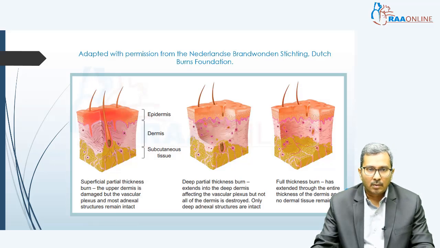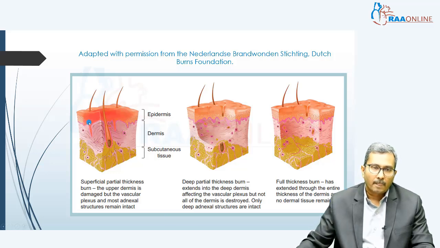So, this is one more microscopic representation of the burns. Here you can see the superficial structure, the epidermis, the dermis and the subcutaneous tissue. Deep to that are the muscle layers. When the muscle layers are involved, it can result in rhabdomyolysis and dangerous complications like renal shutdown and other things can occur. So, coming to this,